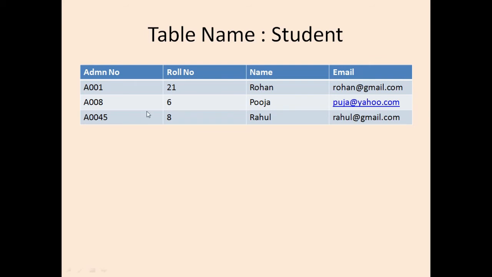So all these 3 columns individually, one by one, are called as the candidate keys. So these 3 columns are the candidates for becoming a primary key. As we have to select only one, so out of those 3 I will select any one. So let me select the admission number to be the primary key.